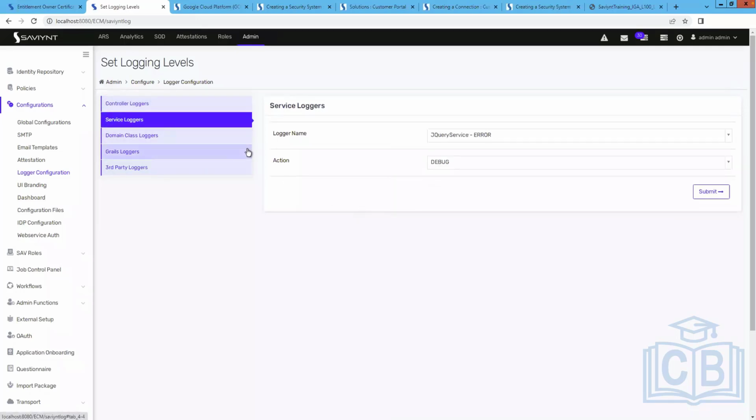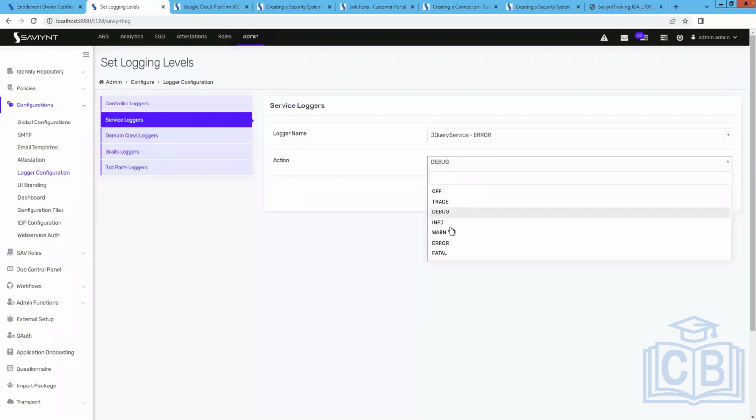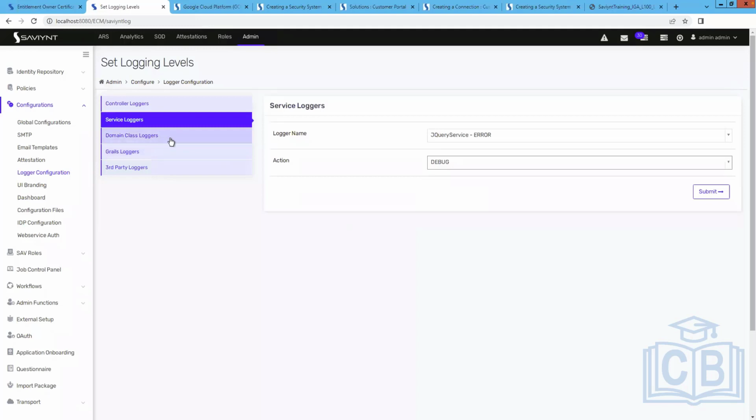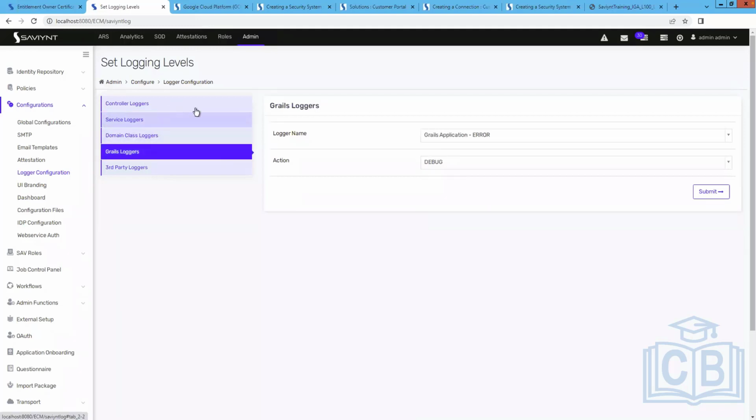So let's have a look at service loggers as well. For service loggers, whatever level of logging you want, as a domain class logger and Grails logger. So basically, this is something that usually you guys won't touch. Okay, even if you want to increase the logging level, you will ask the Saviynt guys to do it. Because you are never sure how it translates at the backend, and if there is an existing process within Saviynt which might get affected, right? So it's better to ask them that, okay, we have a problem and we would like to change